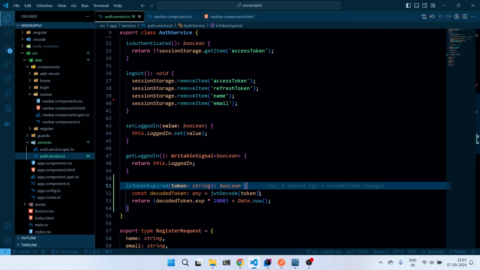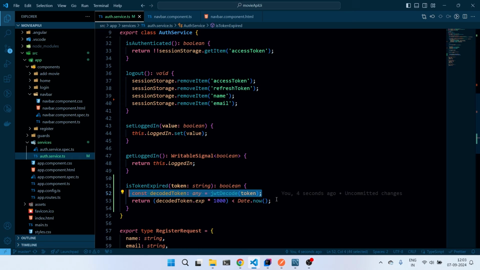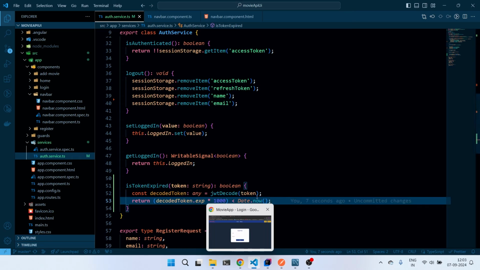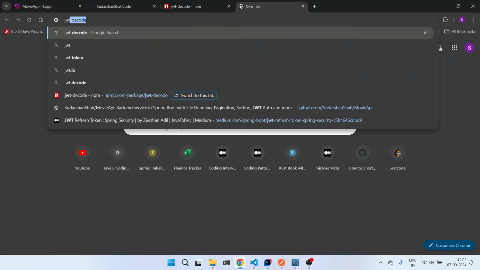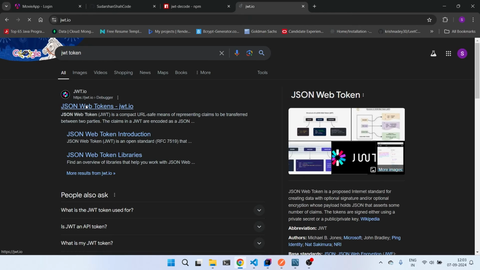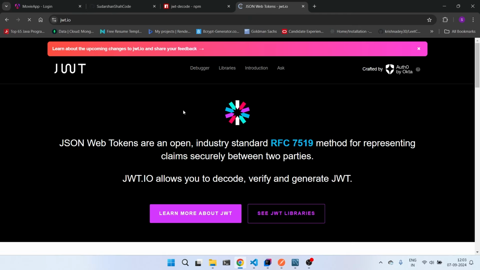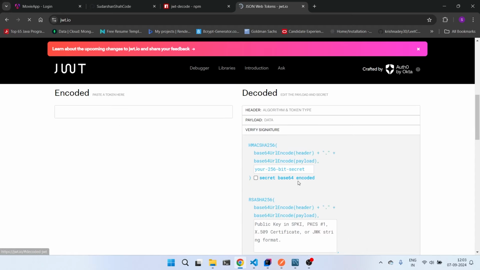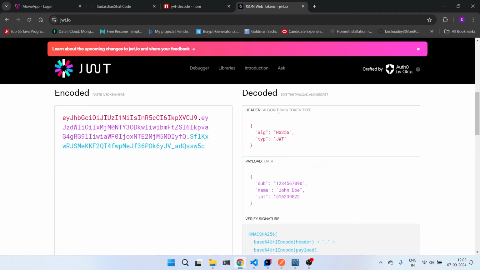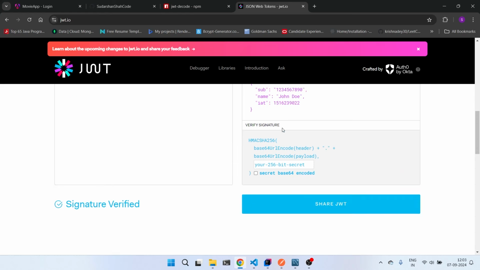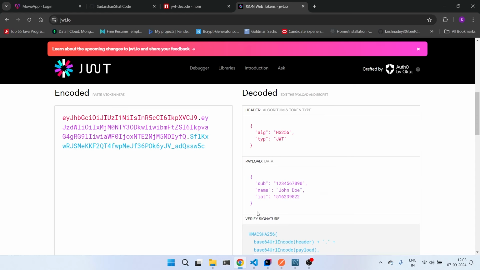Now here what this means is, first we have decoded the token, and if we decode the token, we will get the information about the token. So how we will get the information about the token? If you go here, to the JWT website, let's explore this, so we will get to see how the token looks like, correct? Now it has many things: it has a header, it has a payload, it has a signature, okay? Now in the payload it will somewhere have the expiry date also, because we have set up the expiry time,